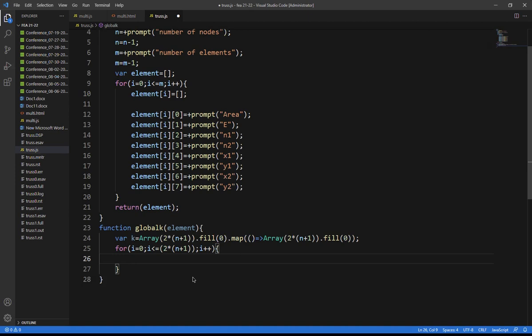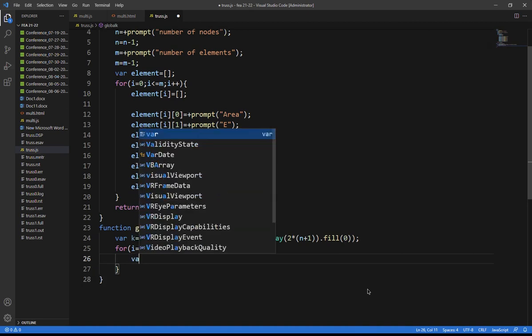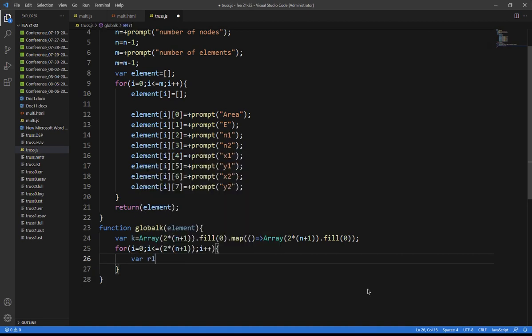So the first thing is getting a row and column heading. That is a challenge. Okay, so I'll get var r1. So I write r2, basically row 2. Okay, so row 2 will be,